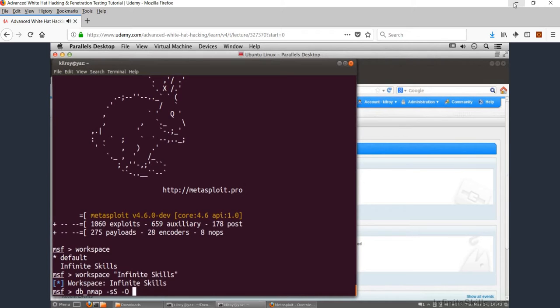It has the same switches that Nmap does because it's really just passing it off into Nmap directly. Same workings of how Nmap would work on the command line. In this case, though, I'm using a db_ prefix because the results are actually going to get populated inside of Nmap's database. I'm going to do a SYN scan. I want to do an operating system scan as well. And I actually want to do